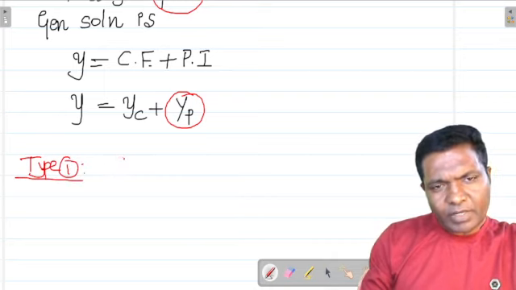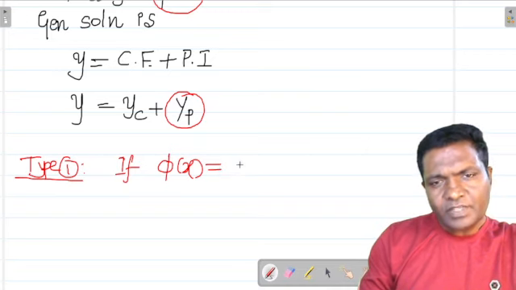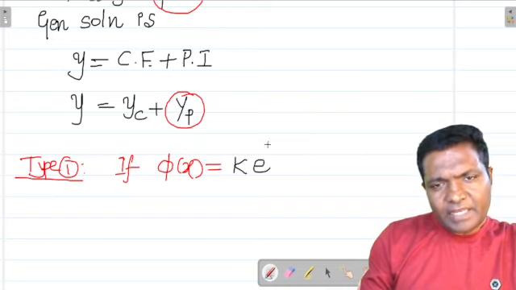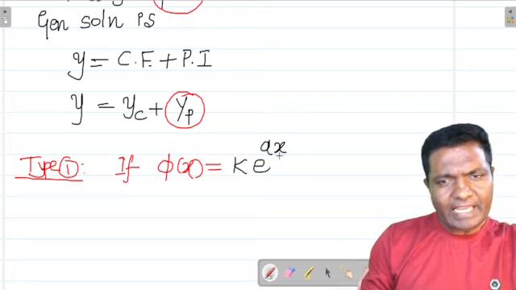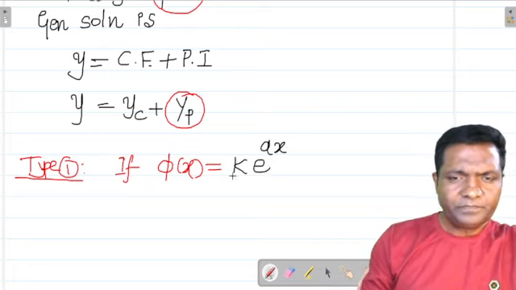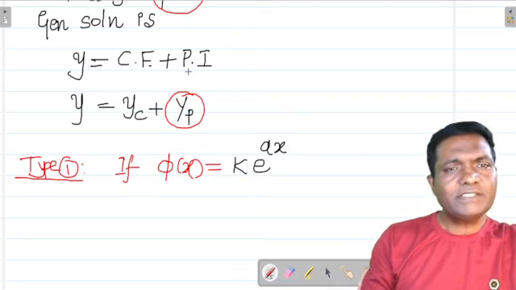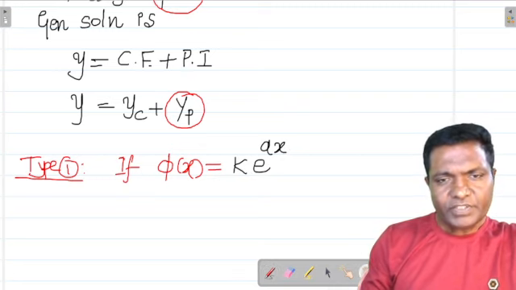If your right hand side function phi of x is in the form k e power ax or e power ax plus b, that is, if it is an exponential function, then in such a case,